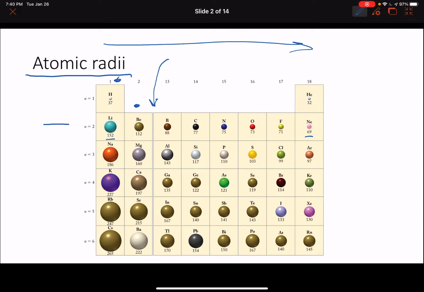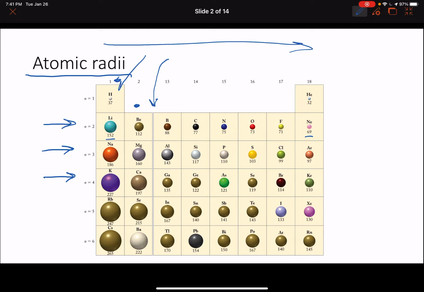We see that clearly in the second row. We also see that clearly in the third row. We see that also in the fourth row, etc. So in short, again, as we go from left to right across a row, the atomic radii decreases uniformly,